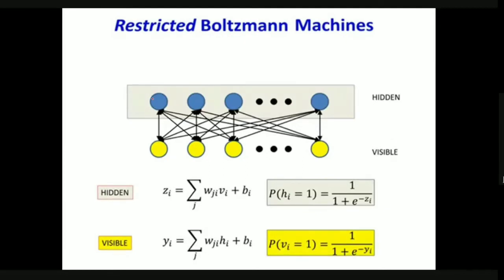The rules for this restricted Boltzmann machine are the same as the rules for the regular Boltzmann machine. It means that to set any particular state, that is, to fire any particular neuron, we compute the weighted combination of all the inputs into that particular state, and then we calculate the logistic over it.